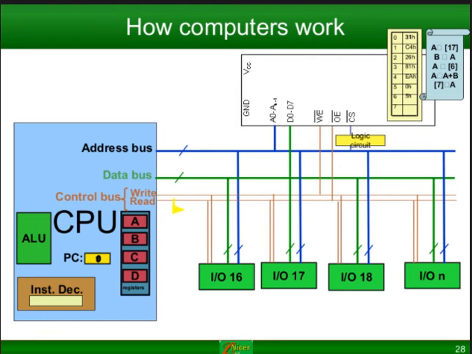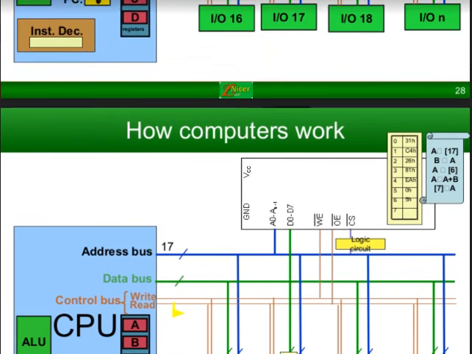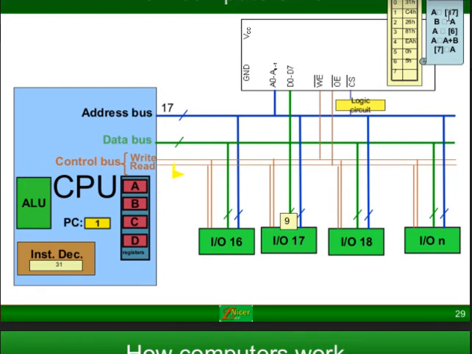Now, for the first line, where we can see 17, what we have to do is take what is found on this input output peripheral device 17, and then store it in this register A. So here you can see 9 is stored in it, which will be passed through this data bus into this CPU, and the address 17 has been passed to the address bus, so it will take data from this input output 17 peripheral device, and then it will be stored in register A.